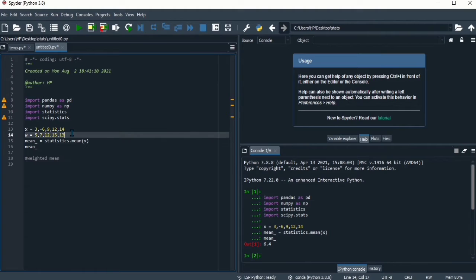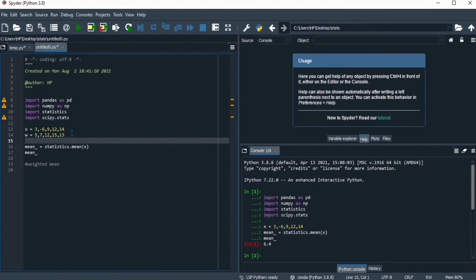Let's make everything look neat and clean. For the weighted mean,